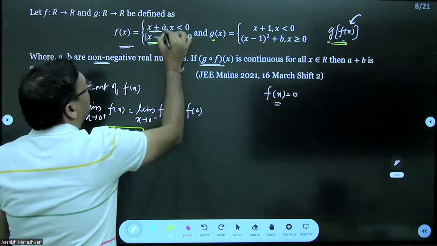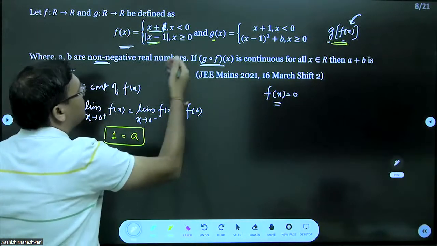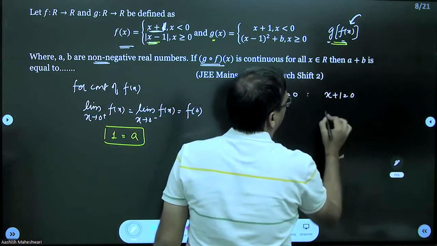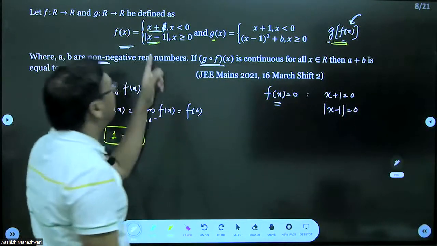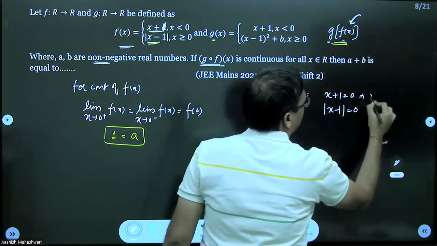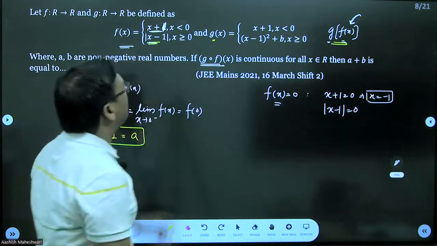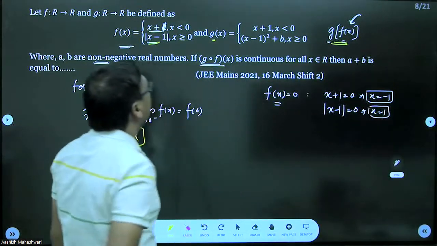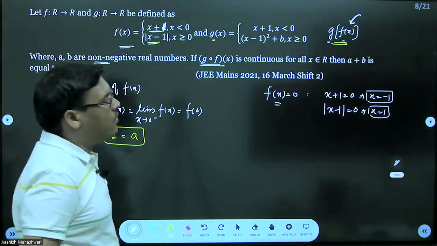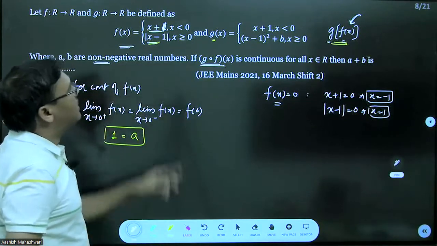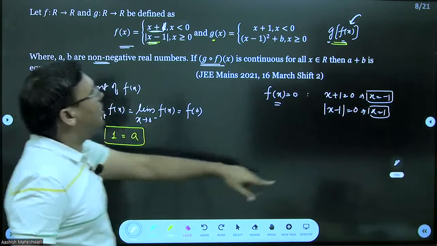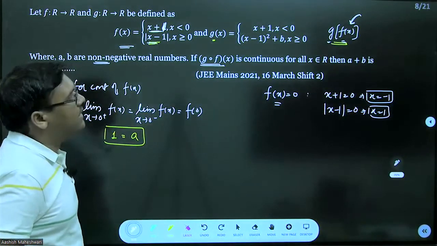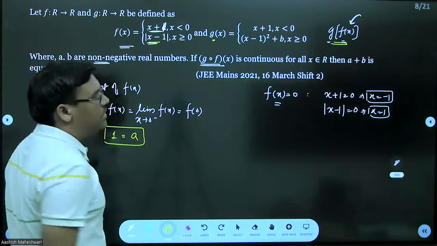तो now what is the point fx equal to 0, अब fx 0 कहां पर होगा, हमने a का वैल्यू तो 1 फाइंड कर ही लिया है, इसको मैं 1 पुट कर देता हूं, ठीक है। fx 0 कहां पर होगा, fx equal to 0 या तो x plus 1 0 हो, या फिर मॉडुलस ऑफ x minus 1 equal to 0 हो। ये देखो, now x plus 1 equal to 0 मतलब x is equal to minus 1, अब x is equal to minus 1 इसमें एक्सेप्टेबल है, अब x is equal to 1 पे फंक्शन क्या है, 0 है। तो आपको इन दोनों पॉइंट्स पे फंक्शन को कंटिन्यूस बनाना पड़ेगा। एक बार फिर चेक कर लो, x is equal to 1 पे देखो ये 0 है, और x is equal to minus 1 पे भी फंक्शन fx is equal to 0 है, ठीक है. so now we have to make the function continuous at these points, ठीक है।